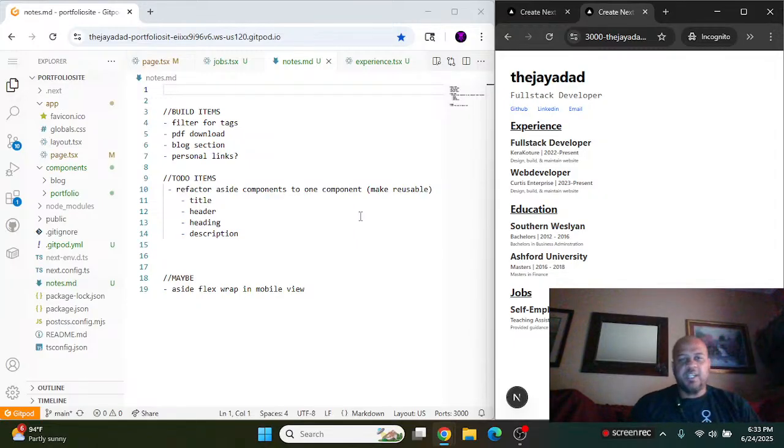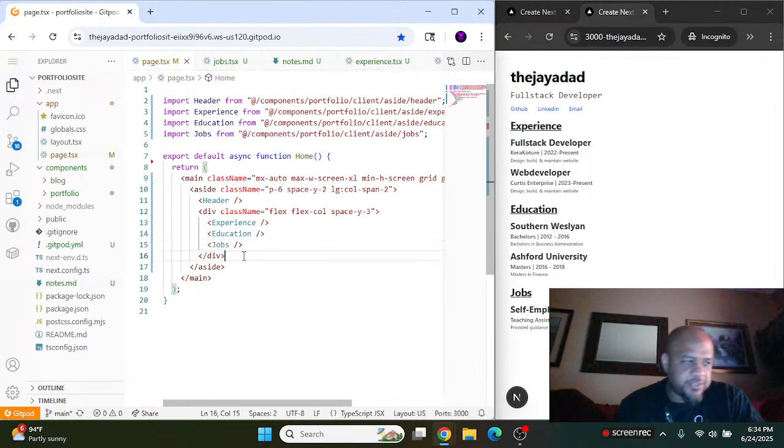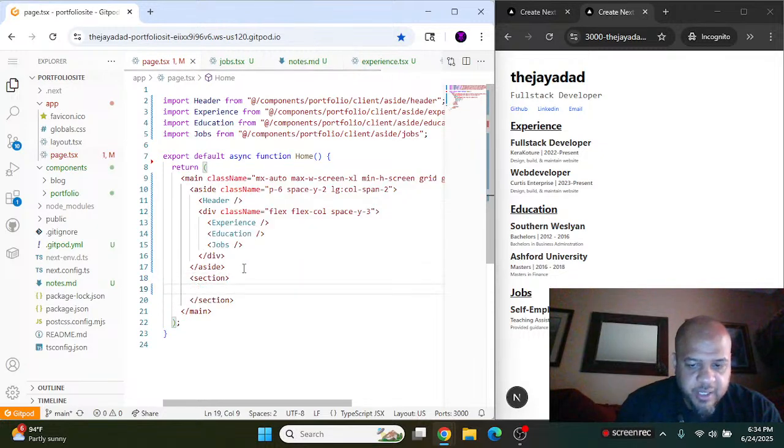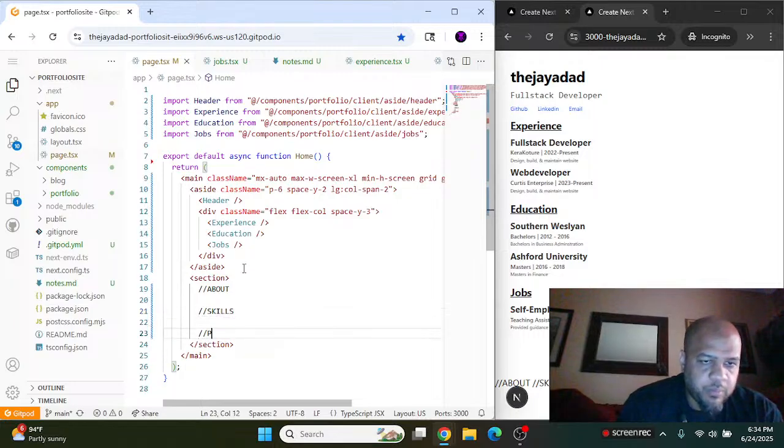So within this section, we're just going to have 4 parts. We'll come outside of the aside, and we'll add a section tag. And in the section, I want about, then we'll have skills, projects,